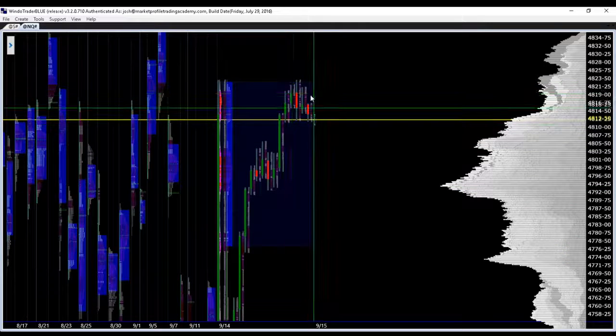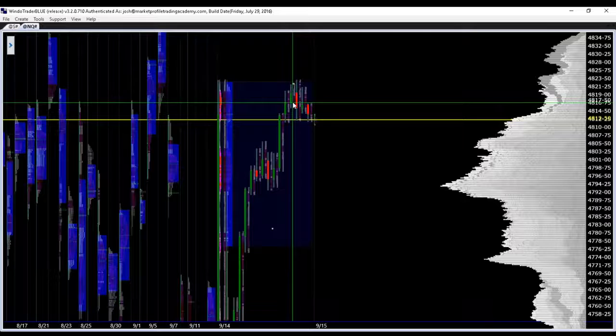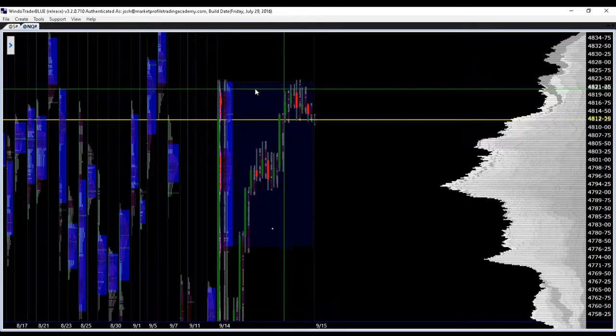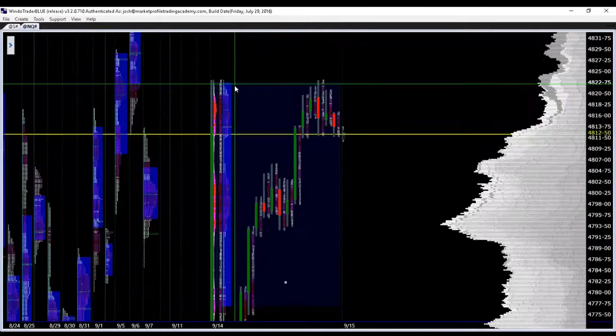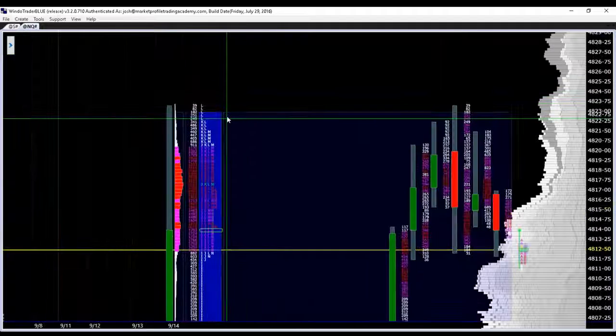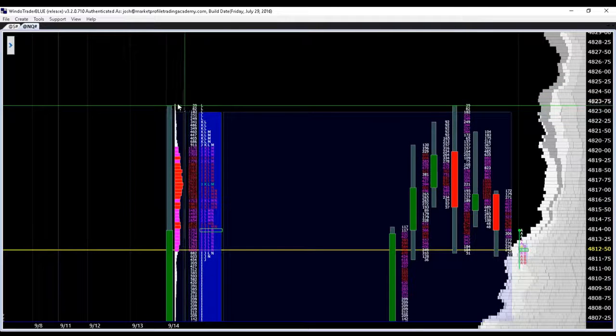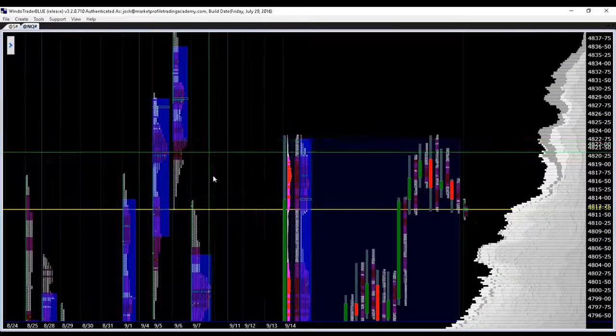So at the end of the day, there's a good high probability counter trend trade that you can take once this thing kind of triggers, and it was losing steam here at the top of the profile, running out of steam right up here at the top. And this 22 also happened to be